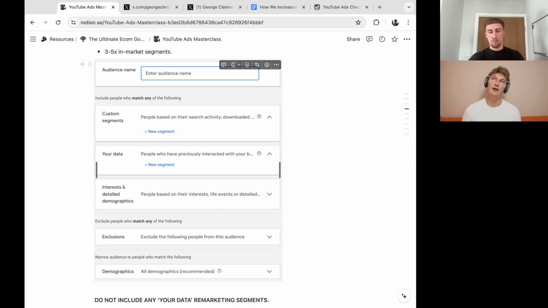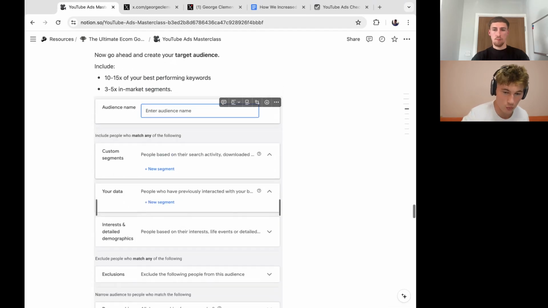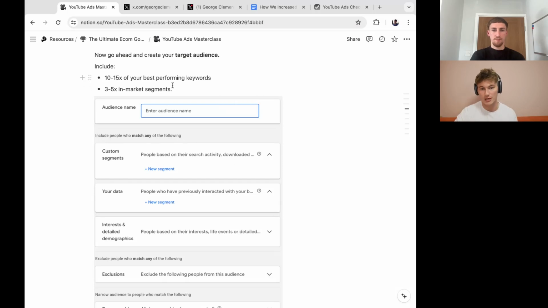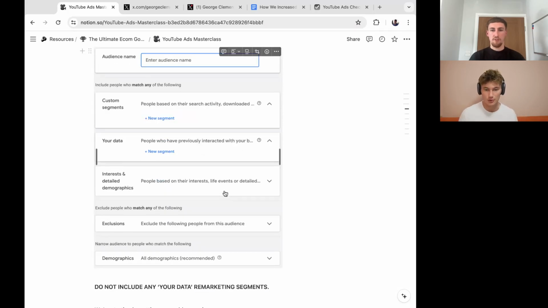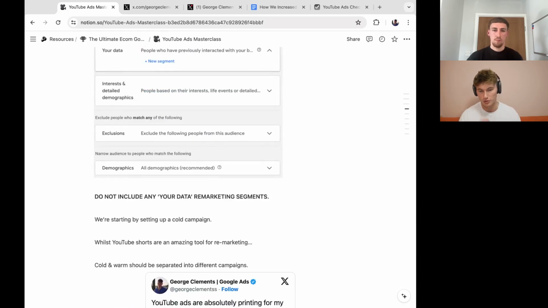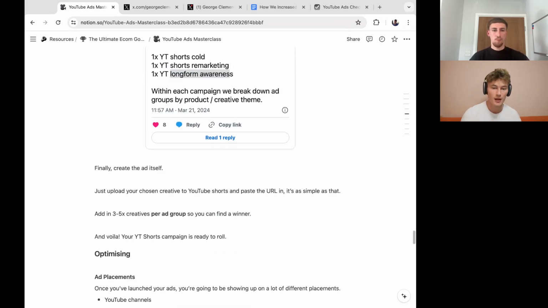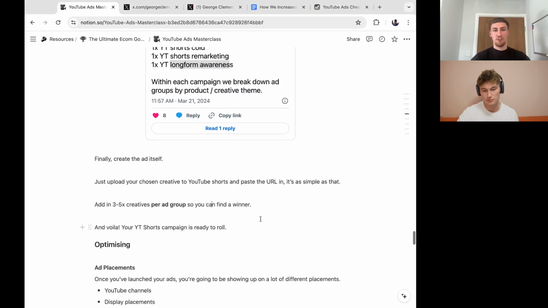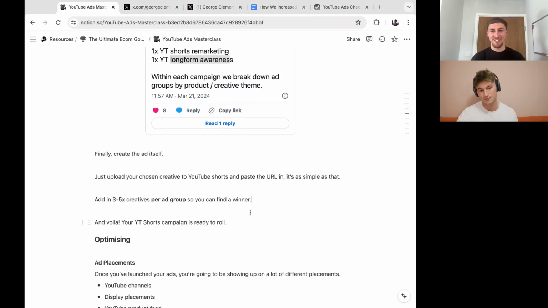What we found is that I quite like to just go with very reliable, repeatable targeting. So having the same keywords, the same in-market segments in each ad group, and the variable should be the creative, not the targeting. I think having different ad groups per creative theme is a better way to segment the ad groups rather than having it per audience. Because then how can you test creative if the audience targeting is different? If you take it back to science, back when we were in secondary school, you can only change one variable to make it a fair test.